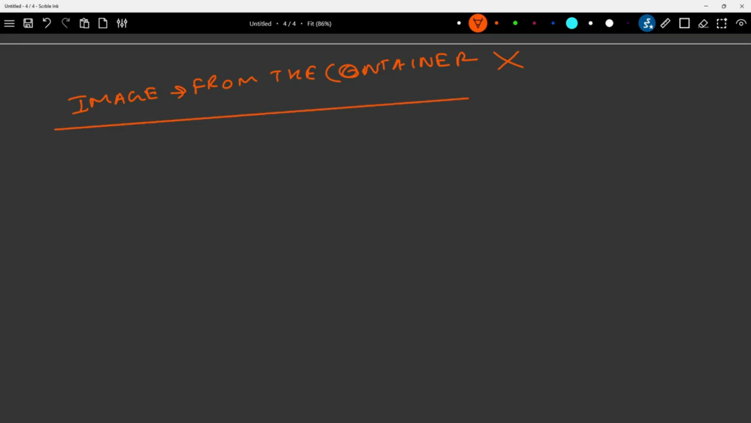Now what we have discussed, we have created an image from the container. Okay, but in a real-time scenario this approach is not recommended. In a real-time scenario we need to create an image using a Dockerfile. Okay, we are not going to create an image using commit, because if you see in this approach what